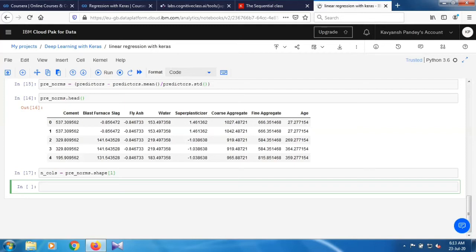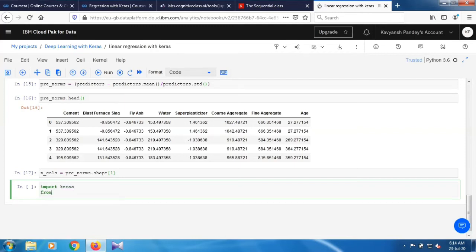Okay, so I'm using the IBM Watson Studio, so TensorFlow is already imported, so I just use import keras. For you guys, first of all import TensorFlow, and after that go for from TensorFlow import keras, or you can directly use import tf.keras and so on. Okay, so import keras, and from keras